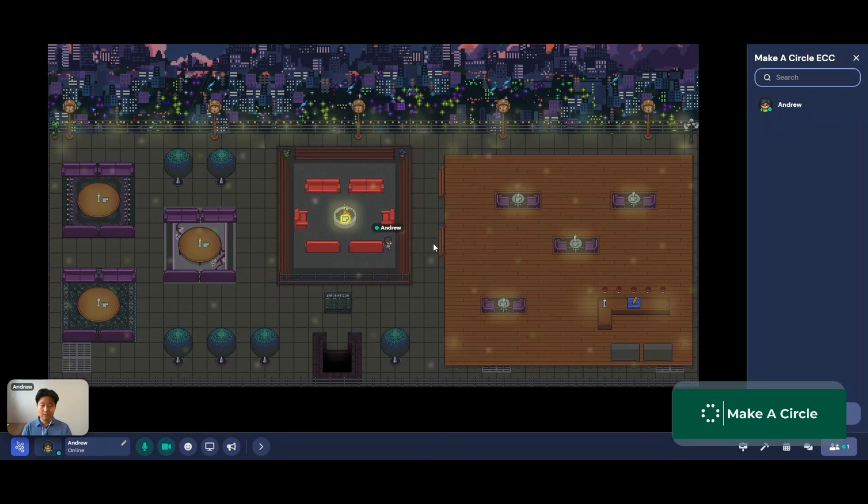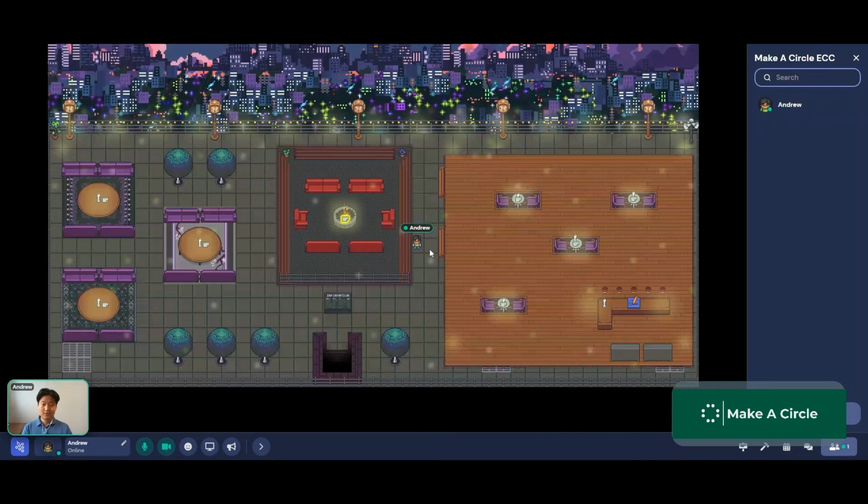So there you go. This is our Rooftop Hangout virtual online space. And one thing that's really amazing about this platform is that when you meet people, it really simulates real life interaction. Which means that you can only see and chat with people who are nearby.